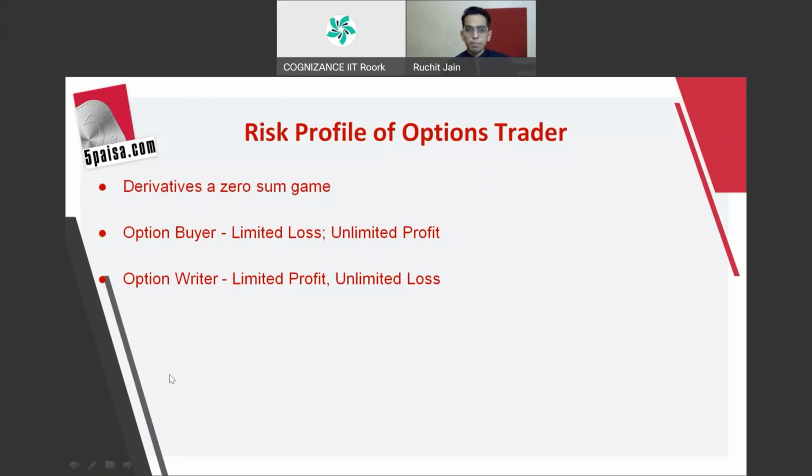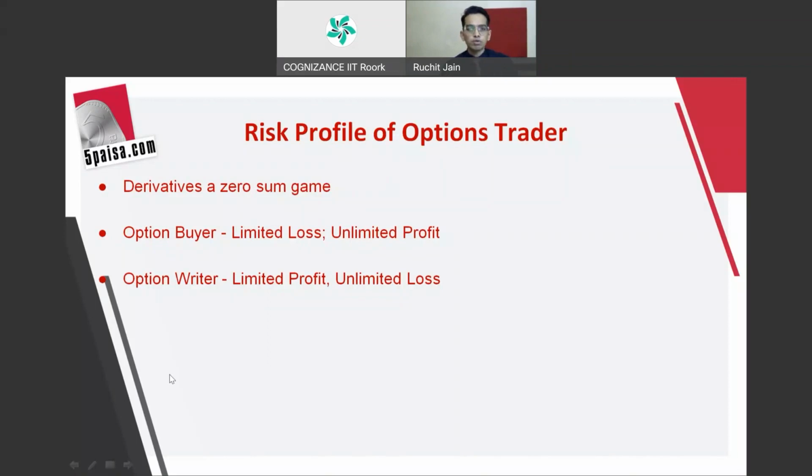Option buyer always pays the premium and option seller always receives the premium in their account. I'll repeat, there is a premium for every option. If you are the buyer of an option, it's just like insurance. In insurance, the one who buys the insurance pays the premium, and the company selling the insurance receives the premium, right? Similarly over here, the option buyer always has to pay the premium, and the option seller always receives it. The premium that the option buyer has paid is the maximum loss of the option buyer.